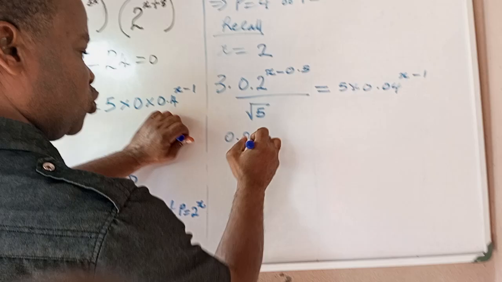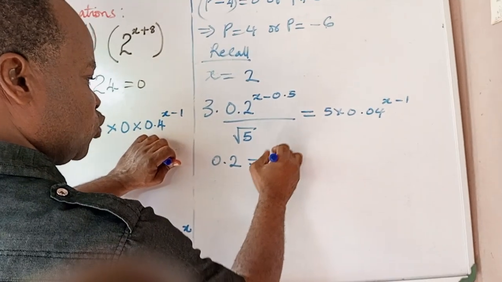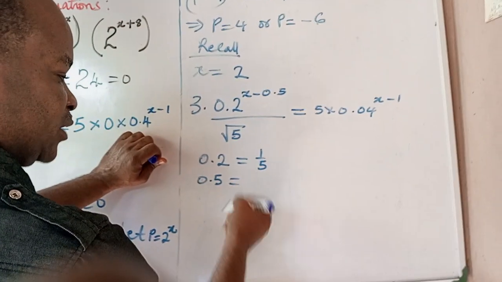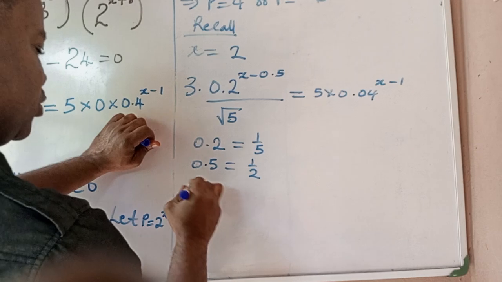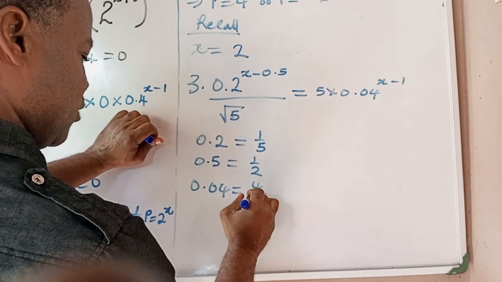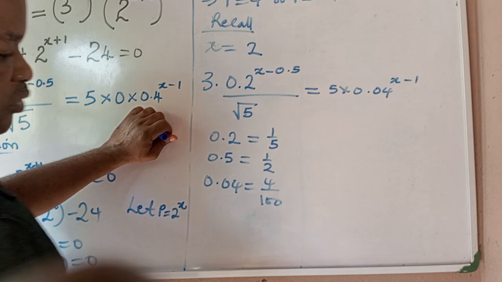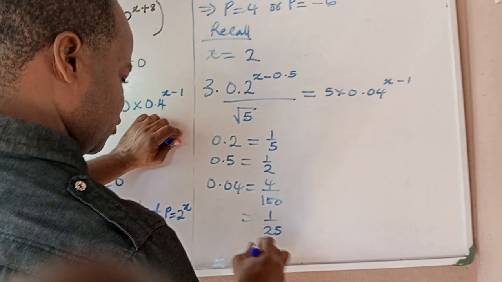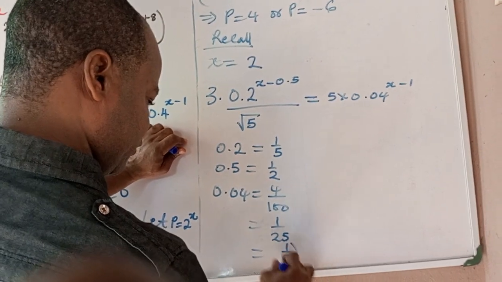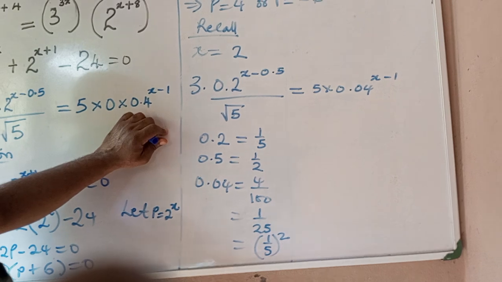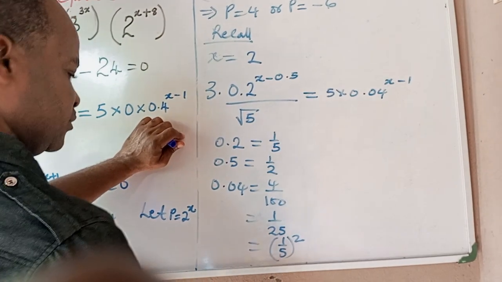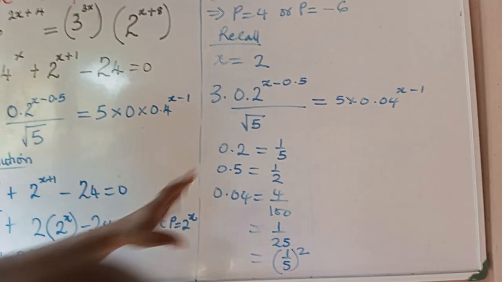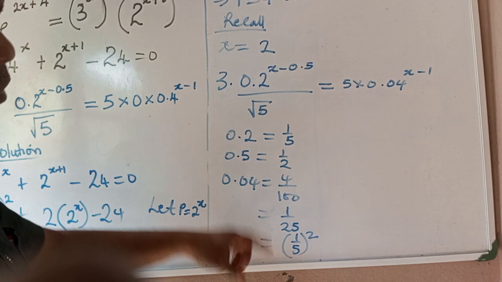If we rewrite 0.2, which is a decimal, as a fraction, that will give us 1 over 5. If we rewrite 0.5, which is a decimal as a fraction, that will give us 1 over 2. How about 0.04? That is 4 over 100. Now, if we use 2 to break down this will give us 1 over 25, which we can write as 1 over 5 raised power of 2, because the square of 1 is still 1, but the square of 5 is 25. So with this in mind, we are going to substitute these fractions for the decimals